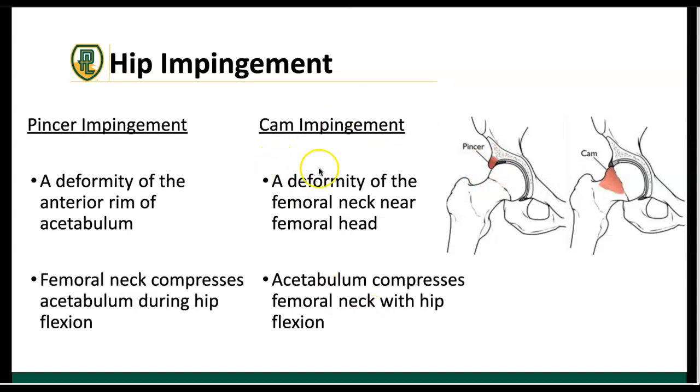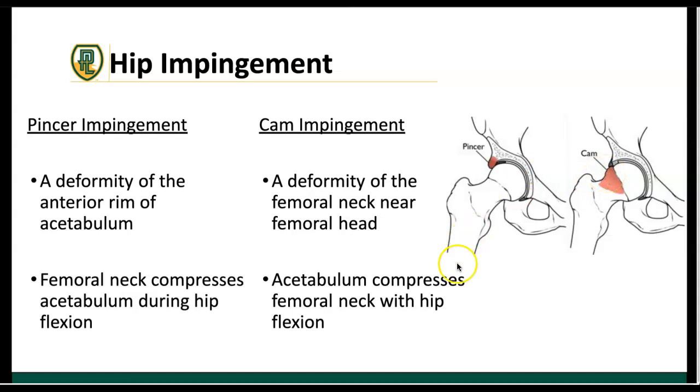On the opposite side of that, we can have a cam impingement. So a cam impingement is a deformity of the actual femoral head and the neck. So in other words, the bony growth occurs on the femur itself. And the same thing is going to happen, right? You get compression of the muscles. It's just a matter of where that compression is actually occurring, right? With the pincer, the compression is occurring because we have a deformity or a bony outgrowth of the acetabulum. With the cam impingement, the compression is occurring because the deformity is occurring on the femoral neck and or the